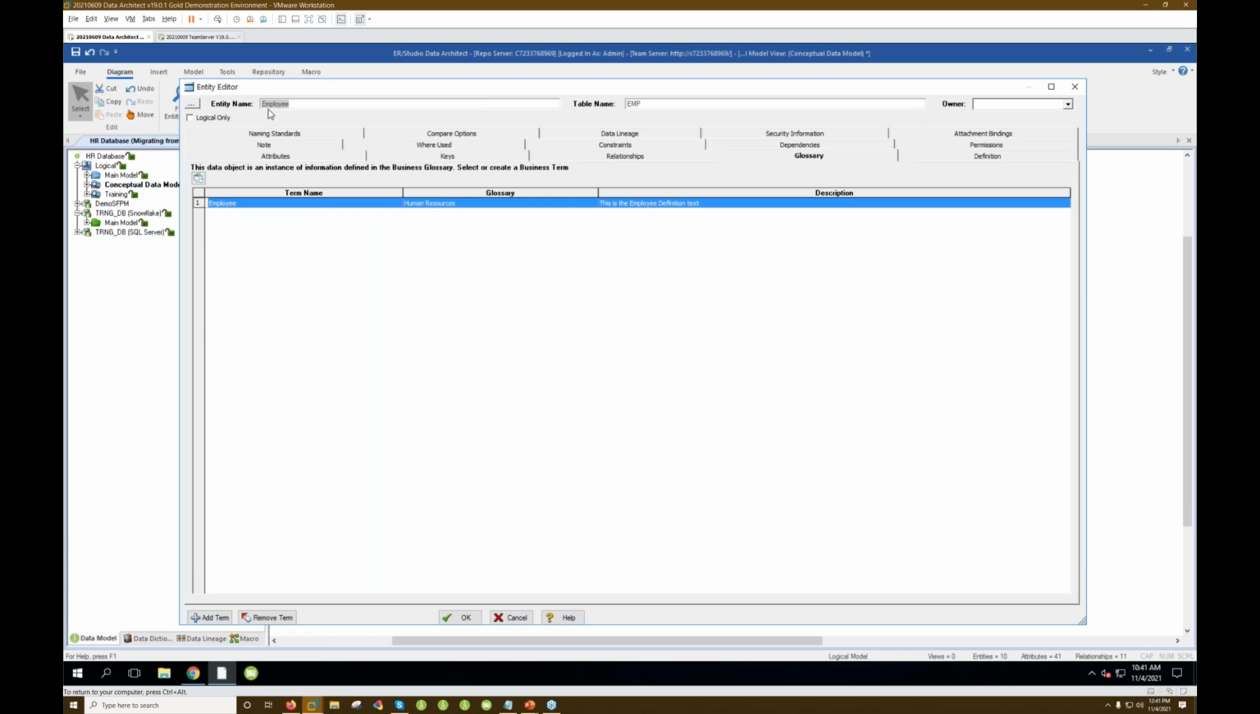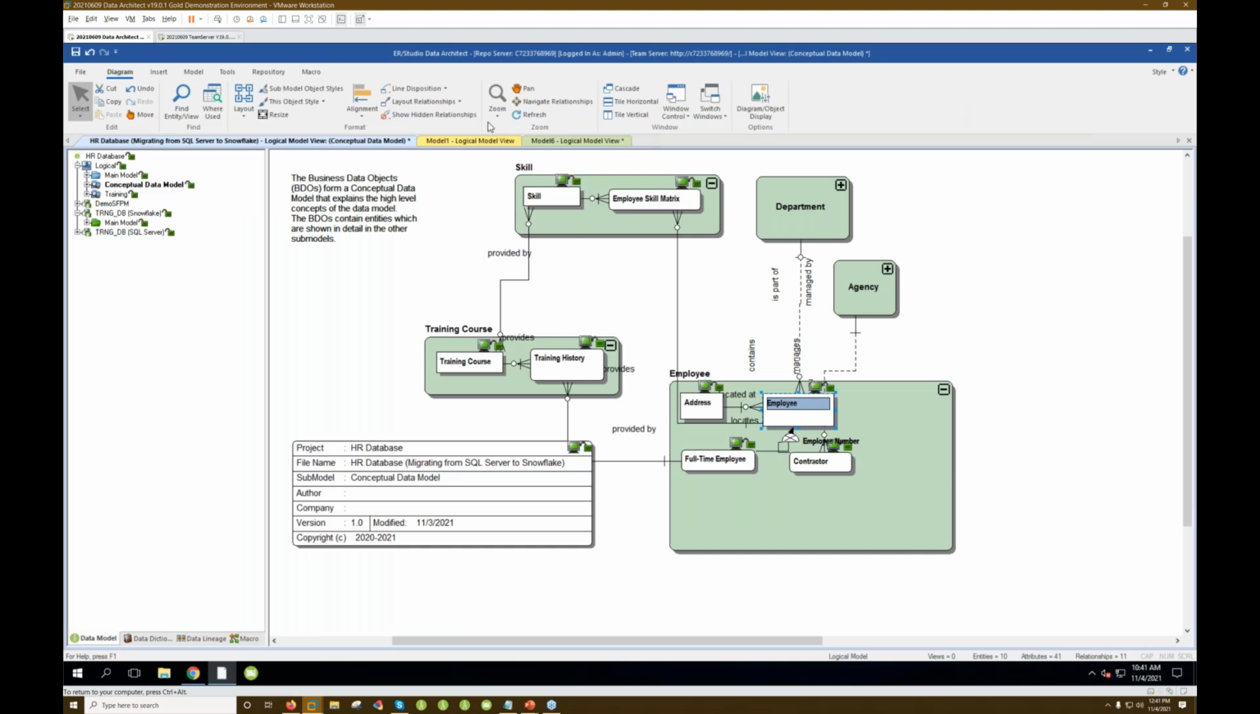So the term here would be employee. We've linked it to the term employee in our human resources glossary. We've done that by adding terms and doing the linkage here. I just wanted to show you that linkage because as I get into Team Server, and I'm going to click into Team Server now,